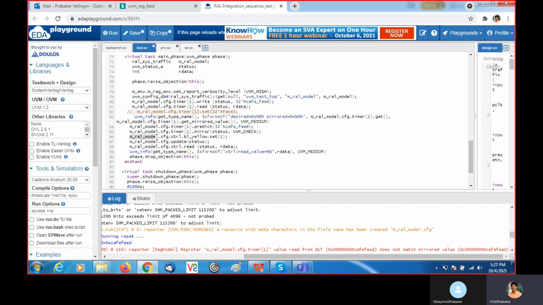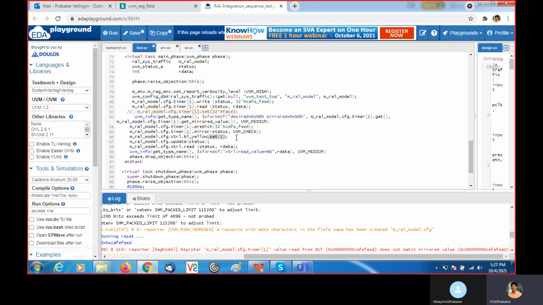So register model dot CFG, it has the control register with these fields. All these fields we already mentioned inside the control class. So blink yellow dot set. This dot set is to assign the desired value.